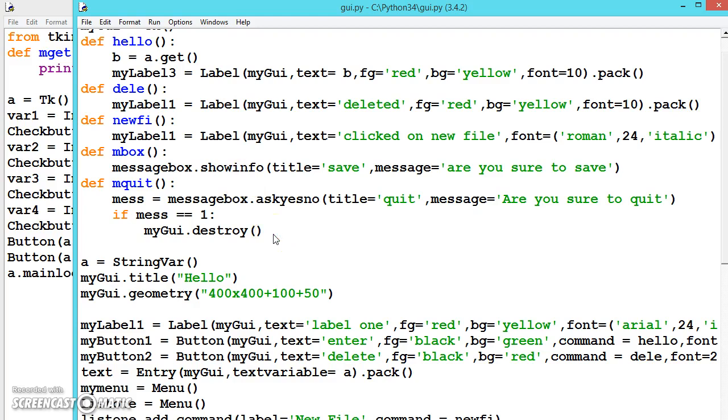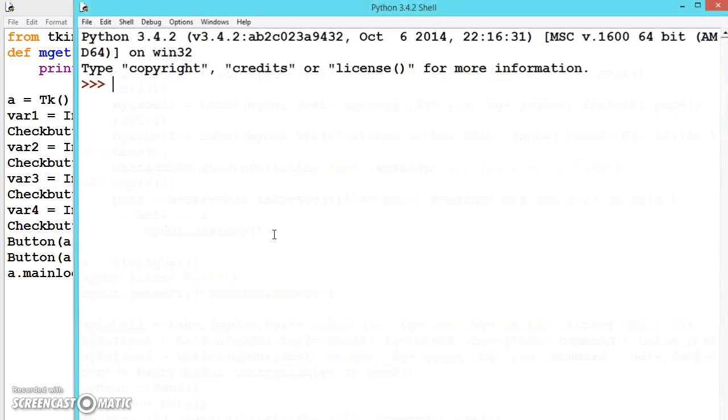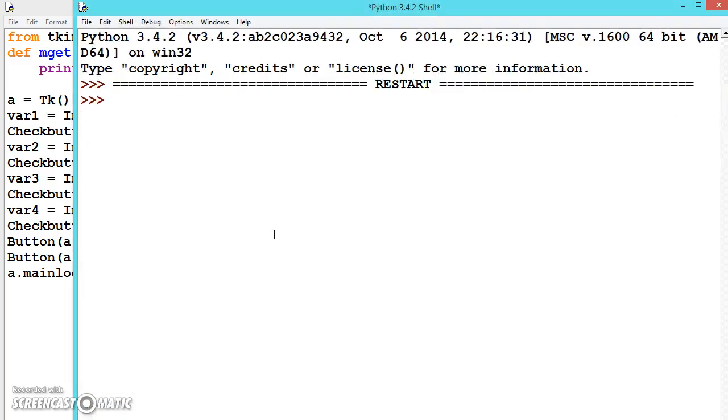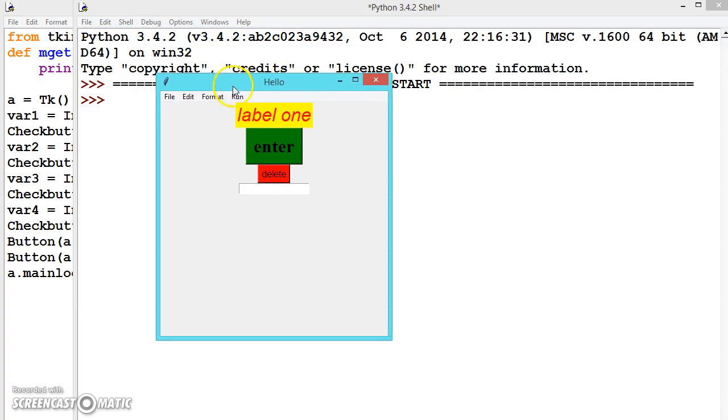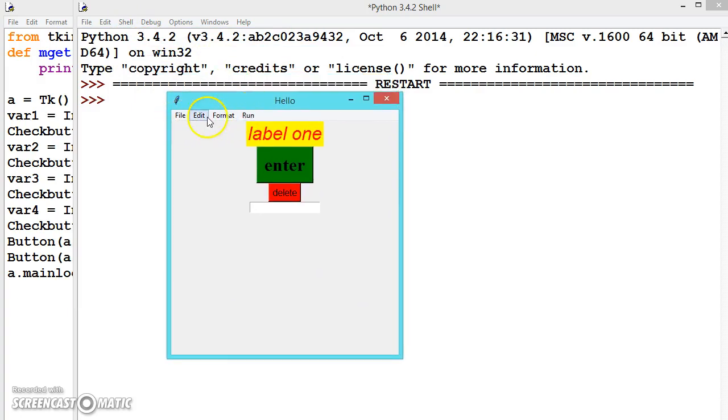So this was our previous example for creating a menu bar. Now it is running fine. So this was our window. We have used geometry, everything there. So we have created 4 menu items and these are the menu list. And let us add a checkbox. Once we have clicked, according to that we'll be using the functionality, but it is not checked. So let us create a check button under the file.